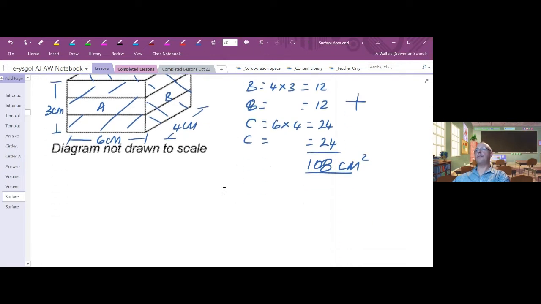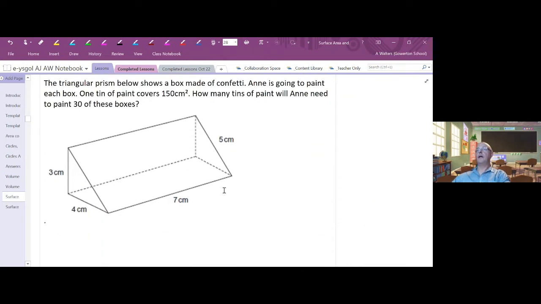So the next question. Another exam question, you're asked to find out the surface area of that triangular shaped prism. And then it's more of a numeracy type question where 1 tin of paint covers 150 square centimeters. And we've got 30 of the boxes, and it's asking how many tins of paint Anne would need. So what you would need to do is work out the area, the surface area,